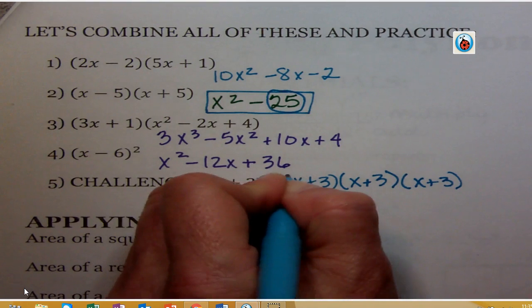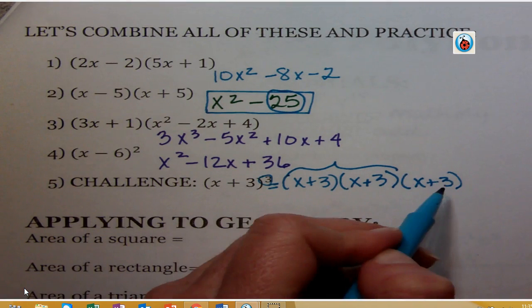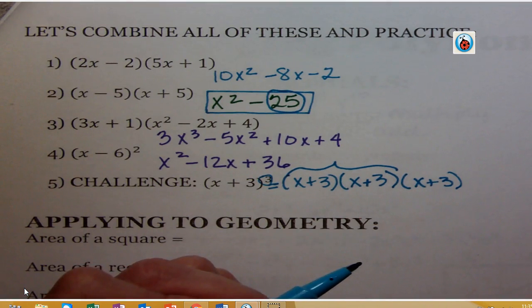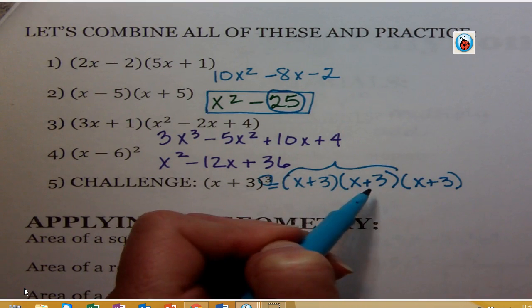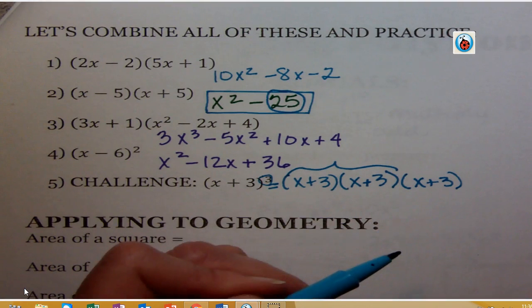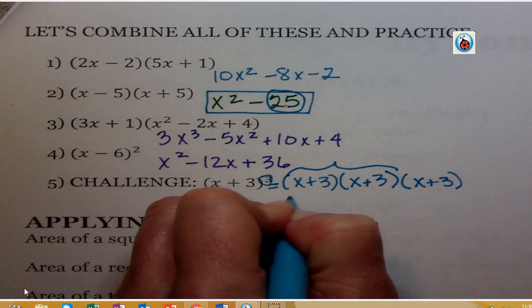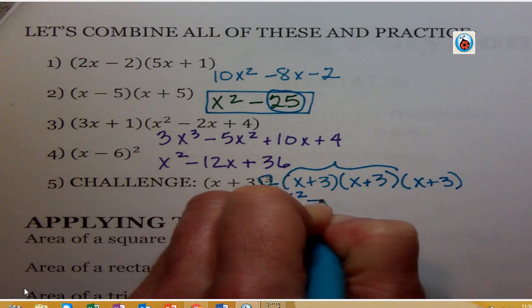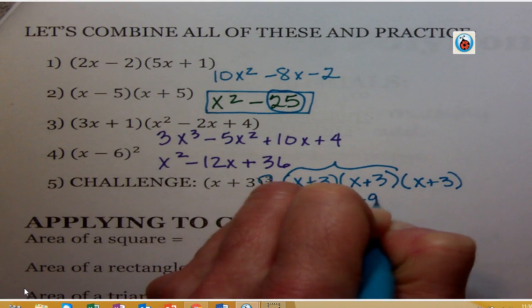So what we need to do is we need to multiply those 2 together first, and then we multiply that one together. So pause the video and work these 2 out, and then use your box to create that one. So pause the video. Then you should get x squared plus 6x plus 9